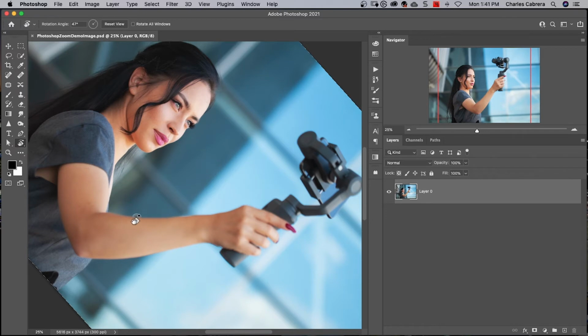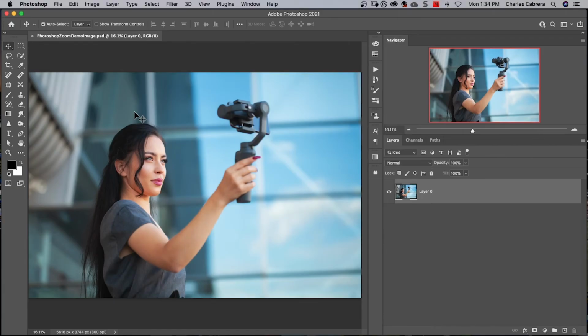Maybe you're working with the pen tool or you're using the brush tool and it's more convenient to be at a different angle, hit R on the keyboard to rotate your image, and that might make it a little bit easier to work on it that way. To get back to where you were before, you come up here to the top and say Reset View.